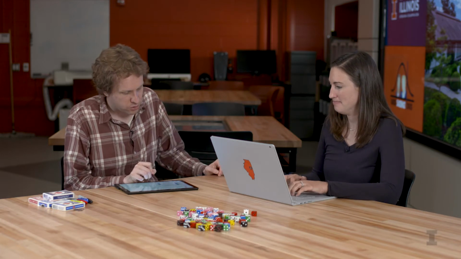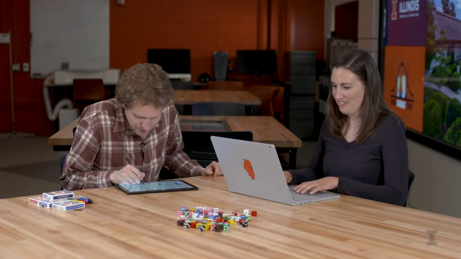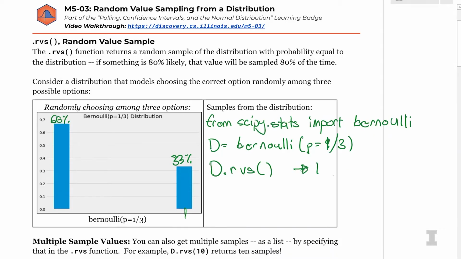That was the unlikely choice. There's only a 33% probability of that. So if you rerun it, what do you get? If I do it again, I actually get 0. 0, and a few more times. Let's do it a few more times. So 0, 0, 1. Awesome, and this is what we expect. We see more 0s than 1s because there's a 66-67% chance we get a 0, and only a 33% chance we get a 1.